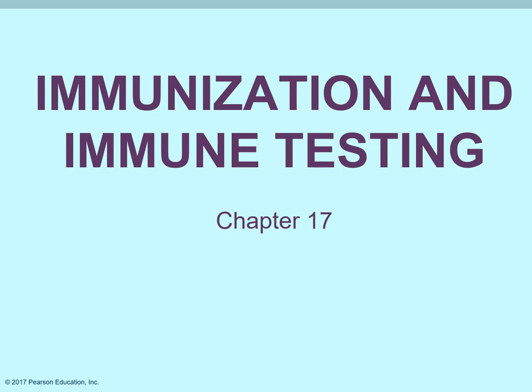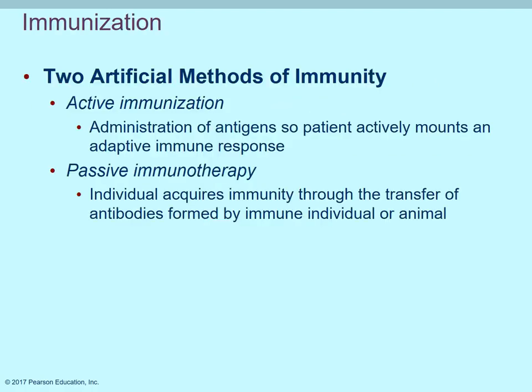This is Chapter 17, dealing with immunization and immune testing. Starting with immunization, there's two broad categories for administering or providing immunity against different types of infection. There's active immunization and passive